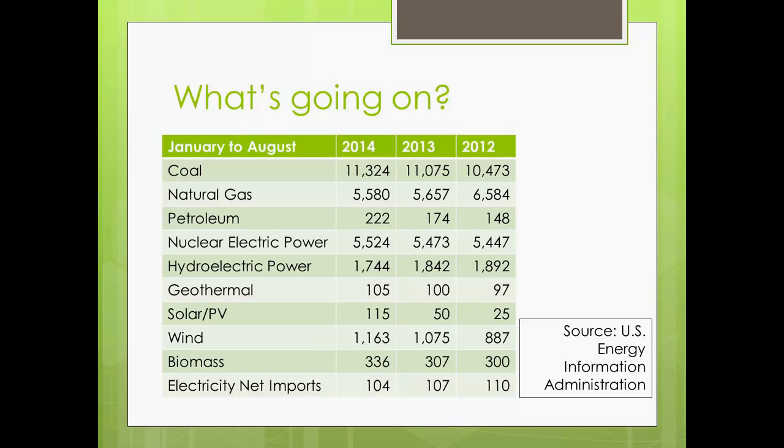There's some renewable energy and non-renewable, which is a good and bad thing. The good thing is that we're using some renewable energy, but it's just a small consumption amount compared to the large consumptions which are non-renewable. You have, for example, coal is the largest consumption overall. Natural gas, nuclear electric power, hydroelectric power, and then the small consumptions are renewable, which is geothermal, for example, solar, wind, and biomass. So we need to make a change